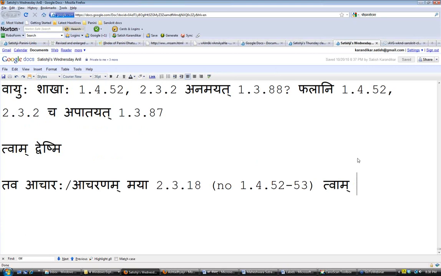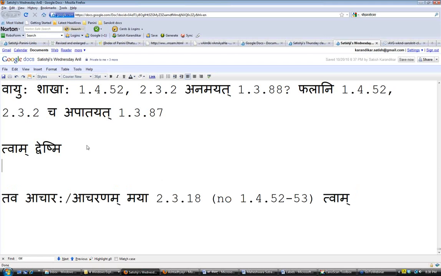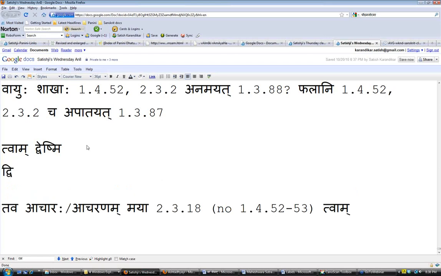So Dvish will become Dveshayati, right? Dveshi. Because you just have to do the Puganta Lagupasti Gunaha. If you put the Dvish with the Hetumati Nich, using 3126 as usual, Puganta Lagupasti becomes Dveshi.